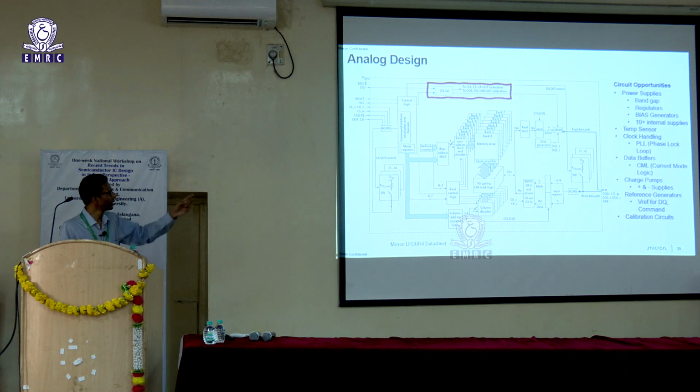And the data drivers that we have, these are a high speed interface. We're talking about 8.5 Gbps, 9.6 Gbps and so on. And the way it's constructed, you don't have conventional CMOS logic there, but instead you will have differential current mode logic, so that you can support those high speeds. And we also need to have reference generators for those current mode logics. So it's like a diff amp, wherein you will have a VREF both for the DQ as well as for the command, and that VREF has to be generated internally, and that again is an analog block. So there is a lot of analog that is built into the system.